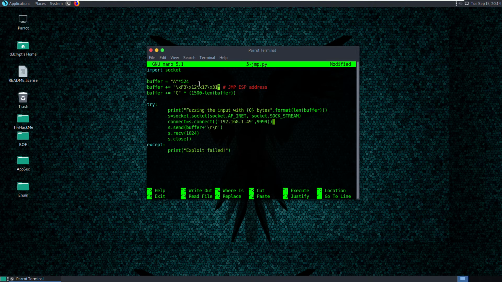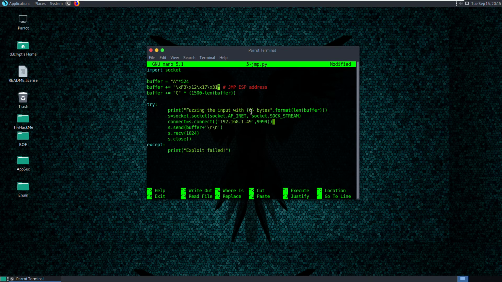The next address after EBP is the EIP, and we are going to write that EIP with this address, which means asking the CPU, please go to this address right here and continue to execute the instruction present there. That instruction will be the jump ESP, and it's going to jump back to the area where we have C's. Finally, our shellcode is going to be here in the place of the C's,